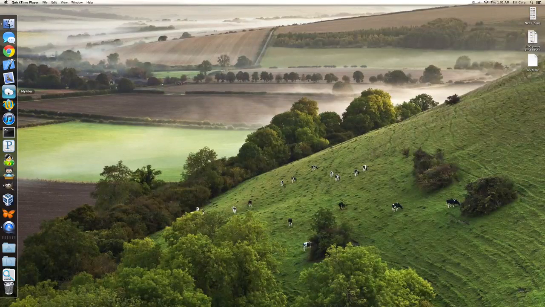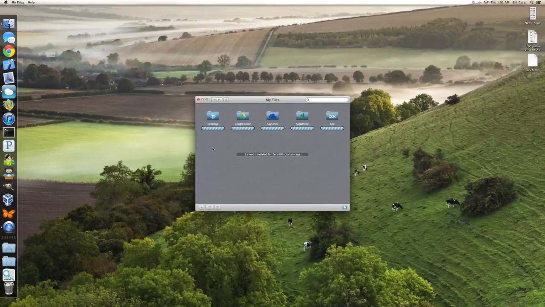We have another version, 1.2, that is about to be submitted to the Mac App Store, which is going to provide some really great features that deal with copying files between your different cloud providers and more flexibility in how you view your files in MyFiles. But I'm going to go ahead and launch MyFiles, and this is the app that I've downloaded from the Mac App Store, just as